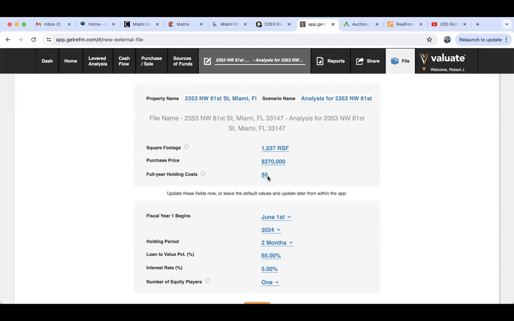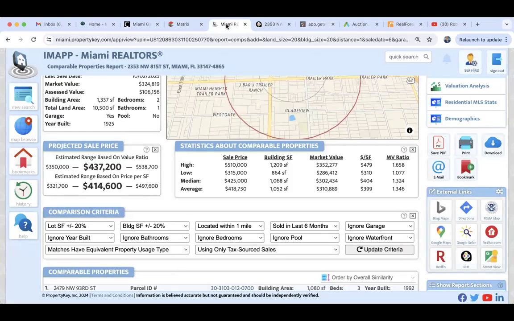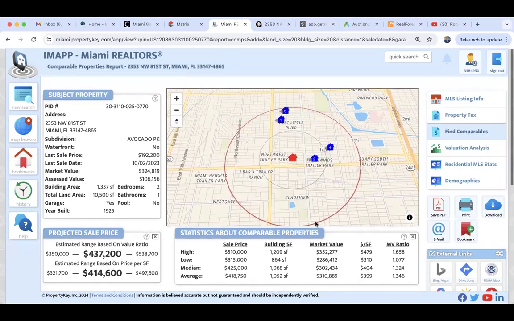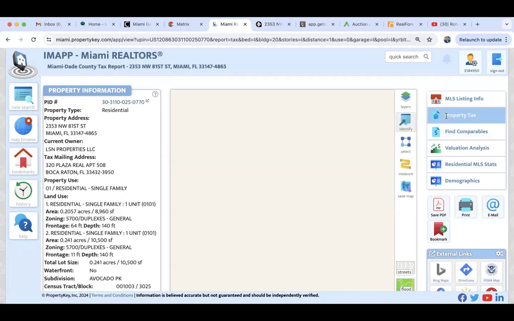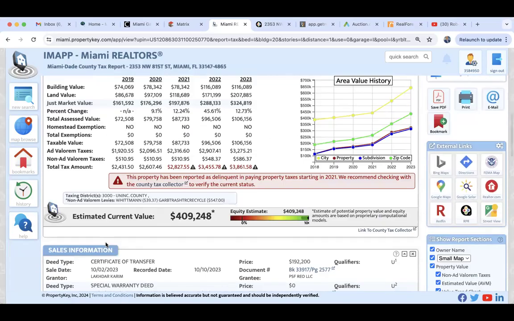Now we need to determine what the full year holding cost is. Even if you're not going to hold the property for a full year, it helps us by plugging in what the cost is for a full year, and then we prorate it. All right. So beginning with the taxes, if you go back to IMAP and you click on property tax, you're going to see what the property taxes are. They're probably right around $4,000. We're going to go back over here and we're going to put in